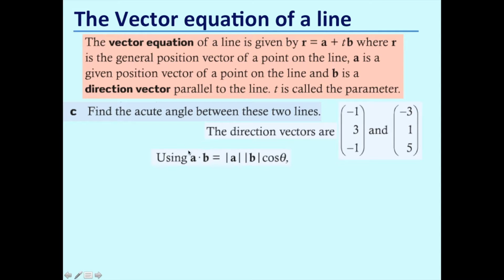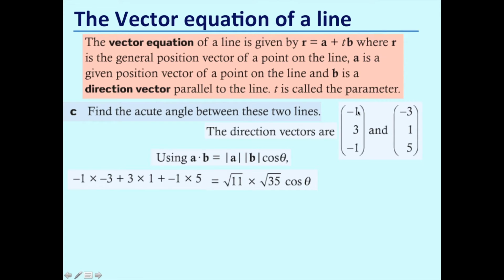So the dot product, remember, is going to be the modulus of A multiplied by the modulus of B times the cosine of the angle between them. In this instance, we're asked to find the acute angle between them. So we're going to find the dot product using the formula here. So -1 times -3, 3 times 1, -1 times 5. Add each of those together. That's going to equal the modulus of